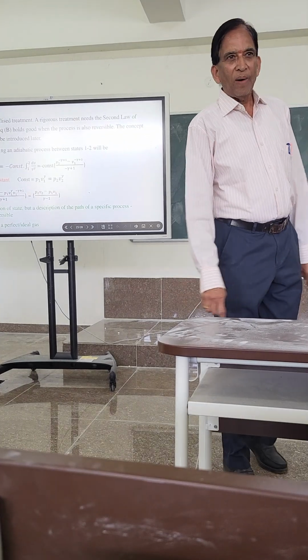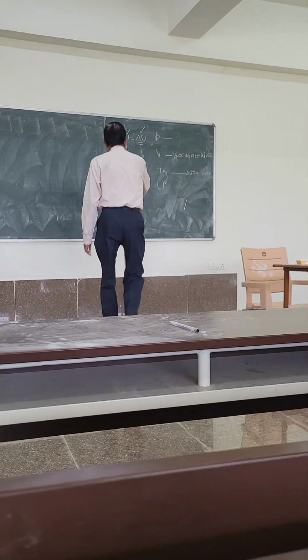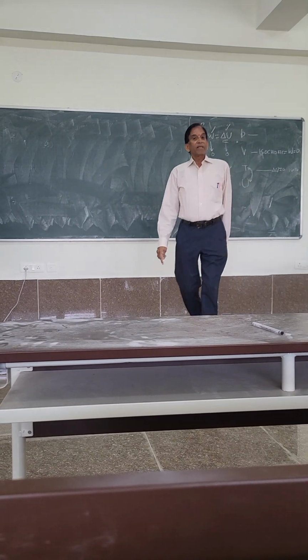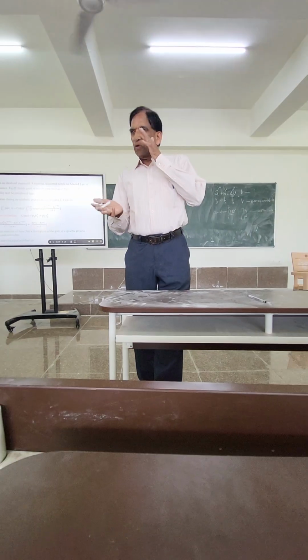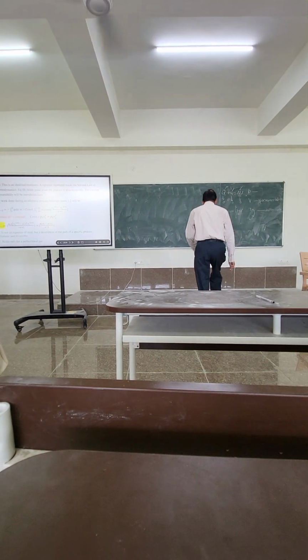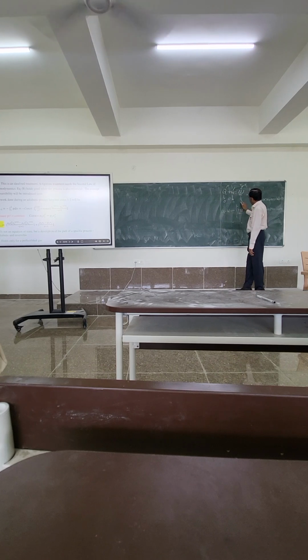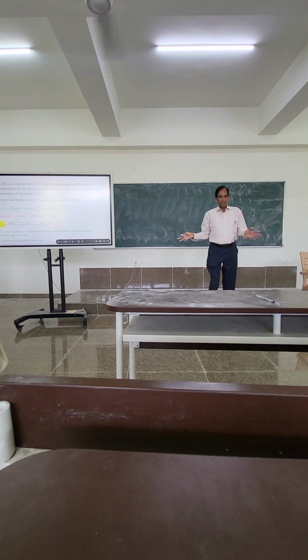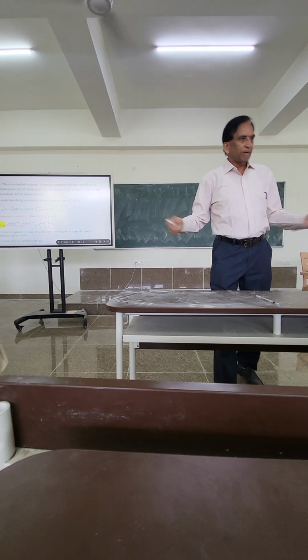Now once I know what the path is, I should be able to calculate what the integral is, provided I know how to measure this in the first column. Now I have the equation. The whole idea is that you should be able to calculate Q. In order to calculate U, I need T2 minus T1. In order to calculate W, I need to evaluate this integral. In order to calculate Q, at the moment, you don't have a procedure for doing it. But if you have those two, you'll be able to calculate Q. Okay, that's what we do.